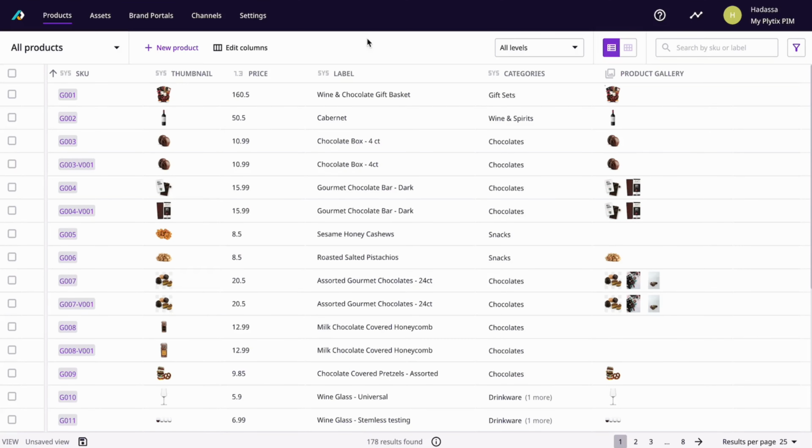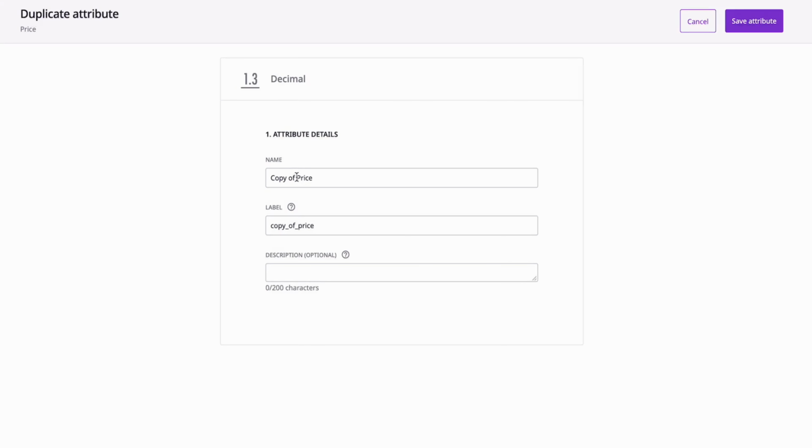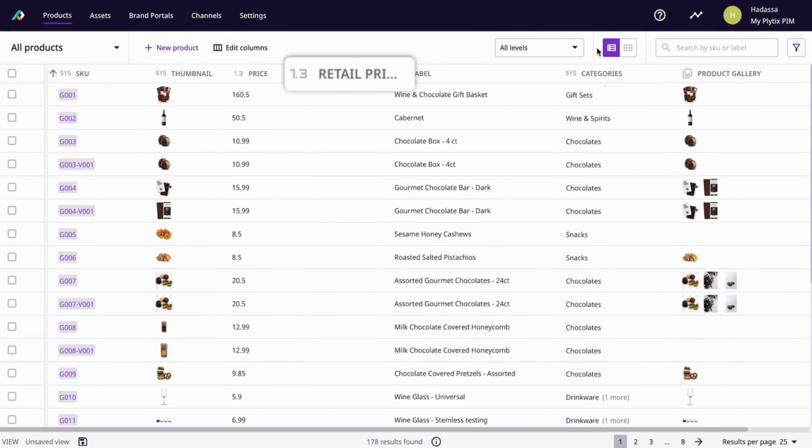the releases. When working in the product overview table, you'll find a new in-column header option to help you manage your attributes. In addition to hiding, filtering, and editing your attribute, now you can also duplicate it directly on the table. This is especially useful when you want to create a new attribute with the same type as an existing one, or with similar options like radio select or drop-down attributes, for example, without having to create a new